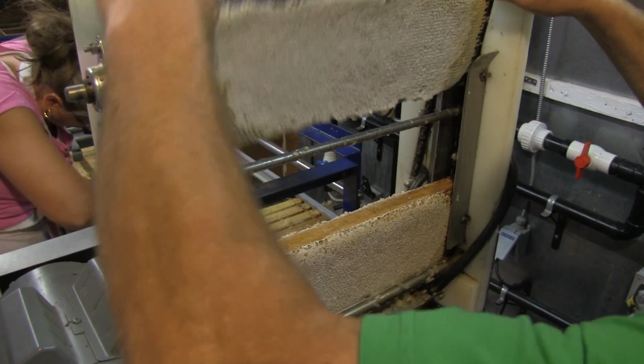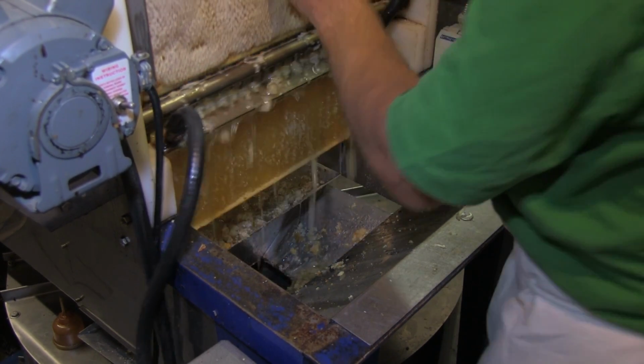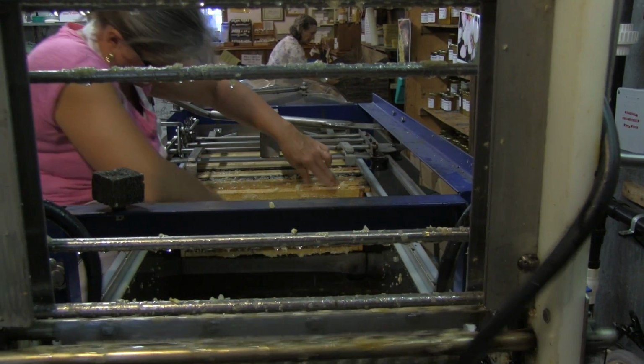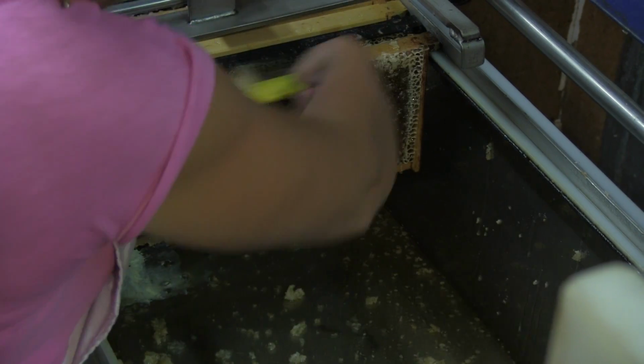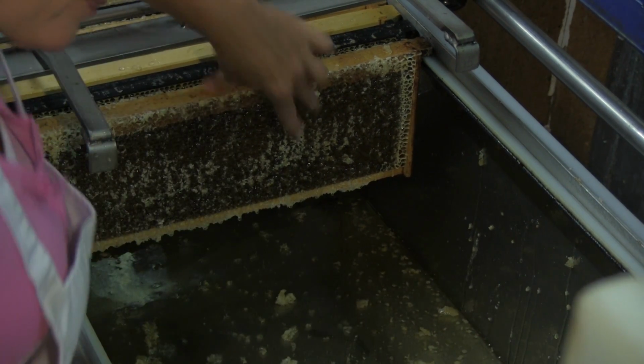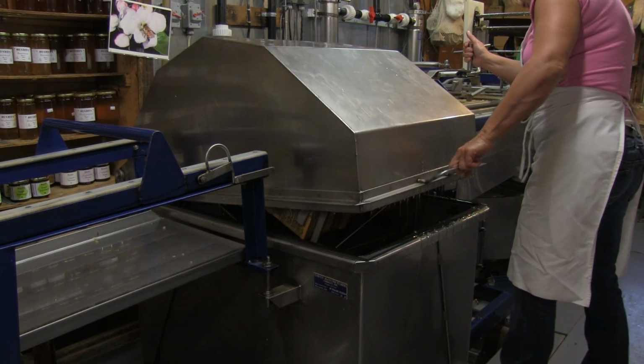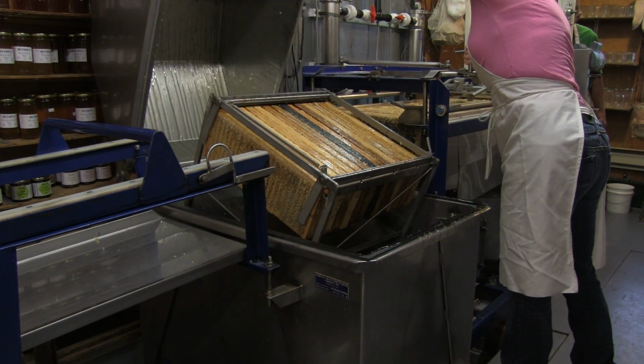As the machine is filled and each of the frames is uncapped, it falls into a drip rack. Now there's another person there with a capping scratcher, and the capping scratcher removes any of the cap that is too low for the knives to remove. Then it moves along, and once we have 28 frames that are ready to go into the extractor, it is open